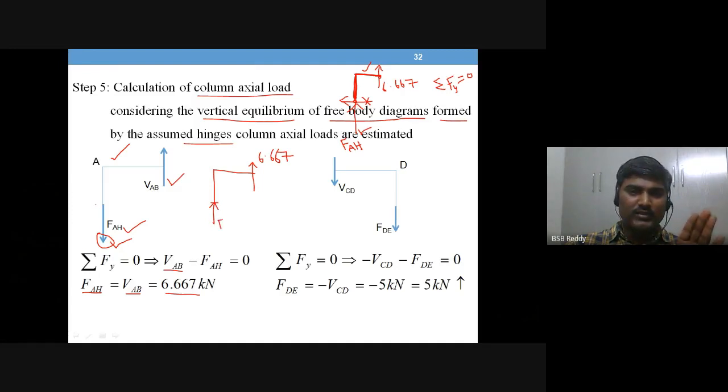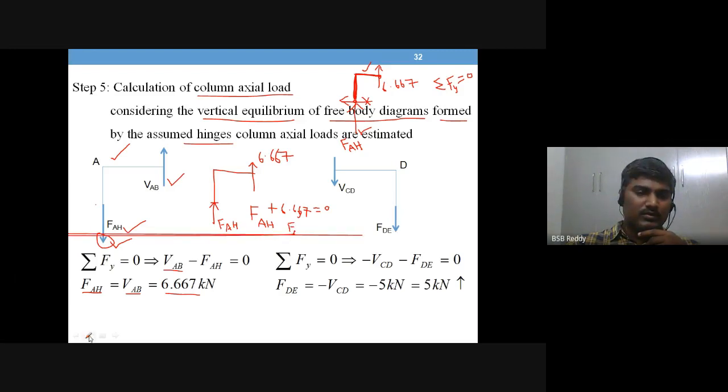I assume like this. I apply sigma Fy equal to 0. I take upward force as positive, so FAH plus 6.667 is equal to 0. What do you get? FAH is equal to,